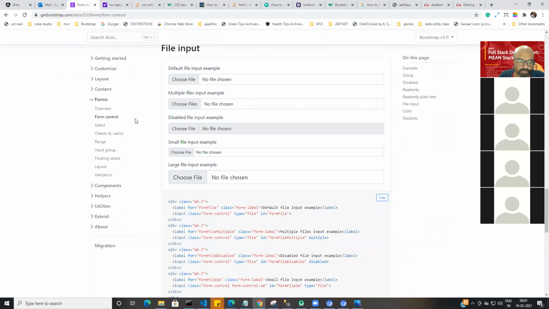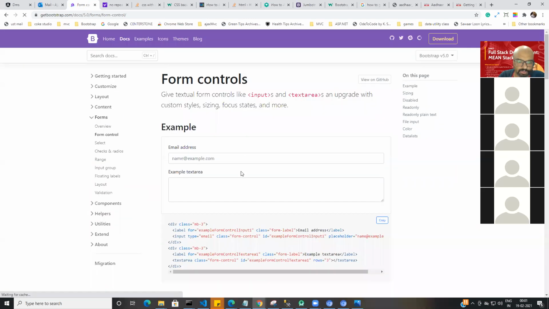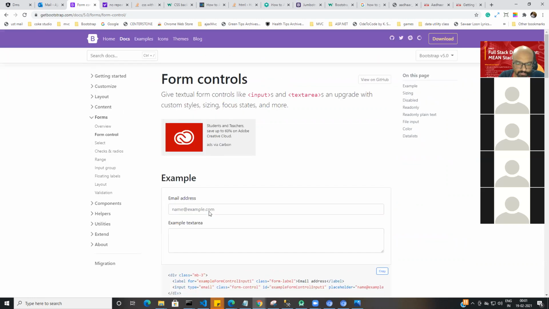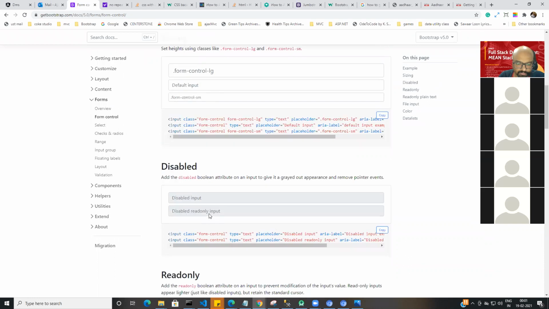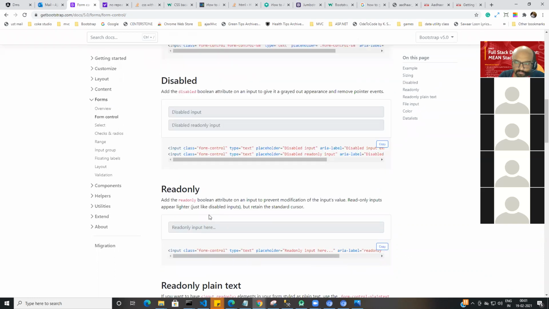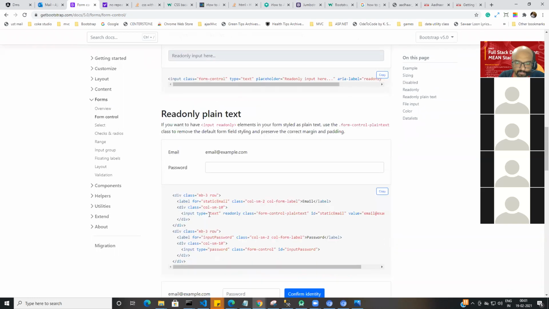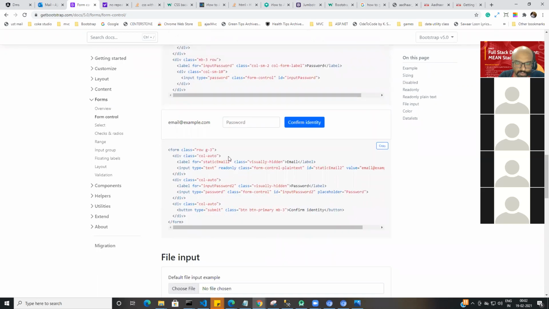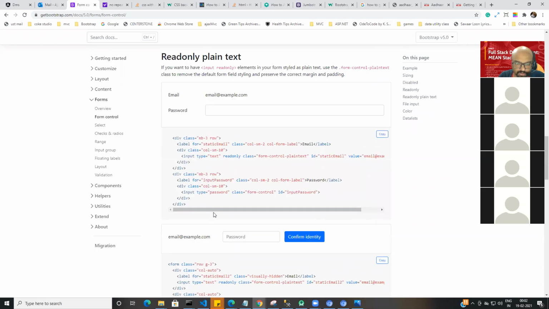Already there are ready-made forms here. We'll take the forms like this. This is a good enough form. Form class, and then this should be.